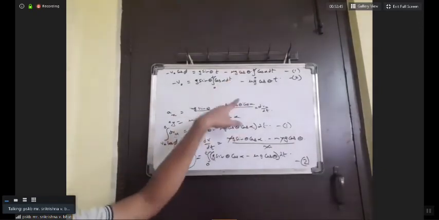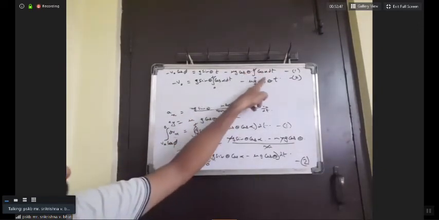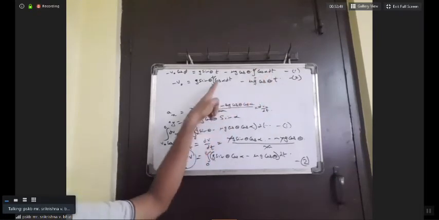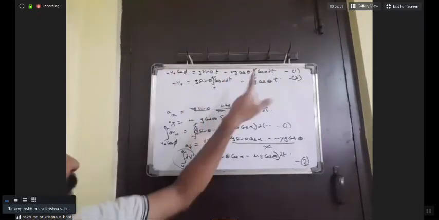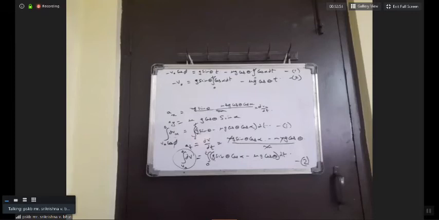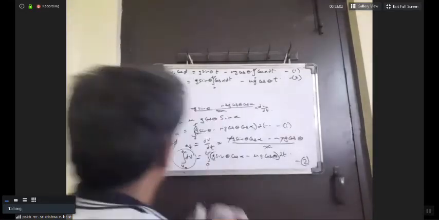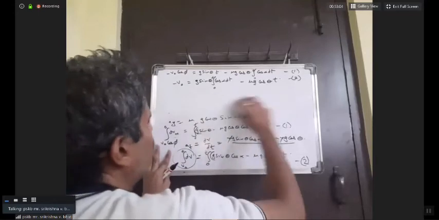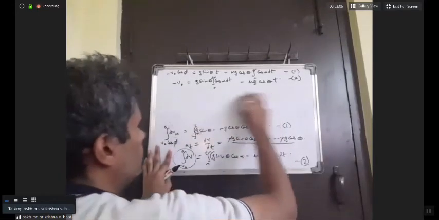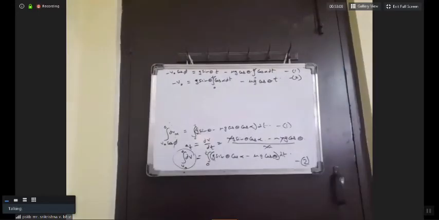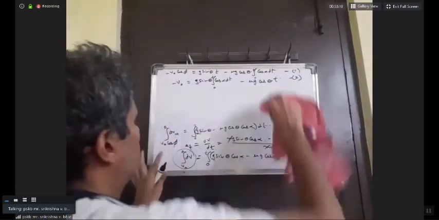Okay. So in both of these equations, this quantity we can eliminate. Integration of cos alpha dt in both the equations, we can eliminate. And then using that we can find out the unknown quantity, that is phi. So for that we can just multiply both the equations by suitable quantities to eliminate it, and then subtract both the equations.